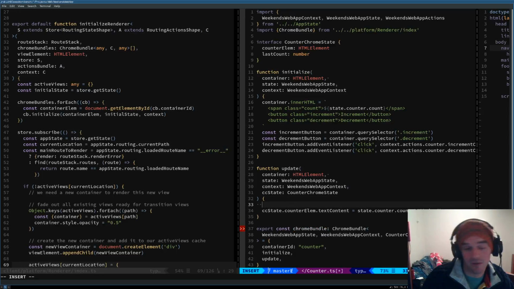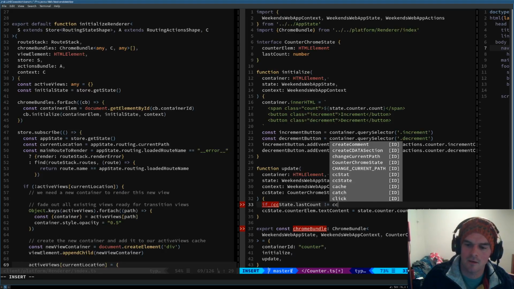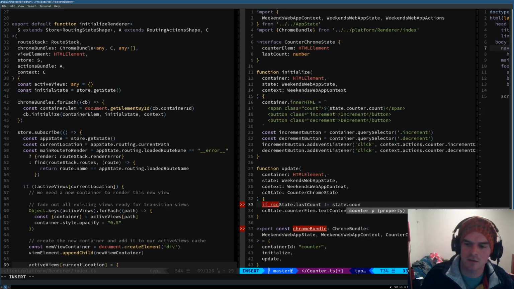And then the other thing we're going to do is a little bit of an efficiency gain, well, barely an efficiency gain, but anyway: if cc state dot last count does not equal state.counter.count,